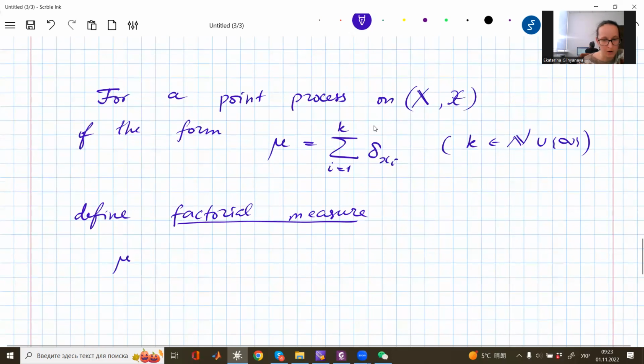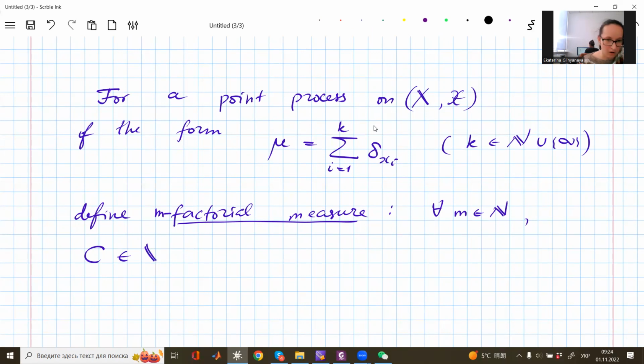So we have, for any m, so this will be the power of, let me write here, m factorial measure, and subset of C in product. In this product, I will define the m factorial measure